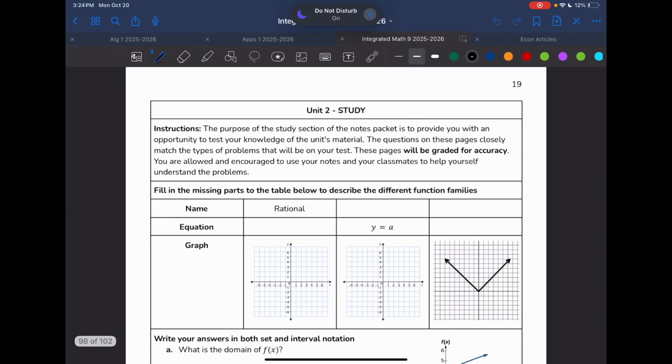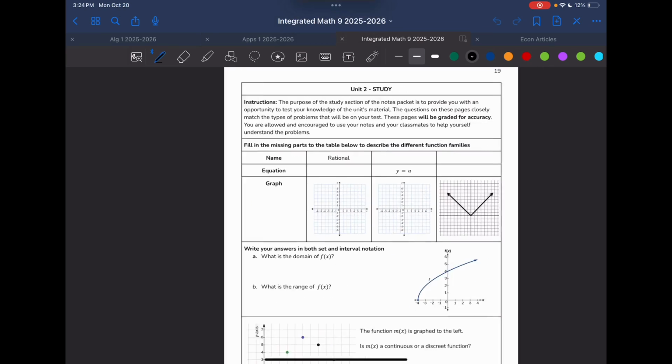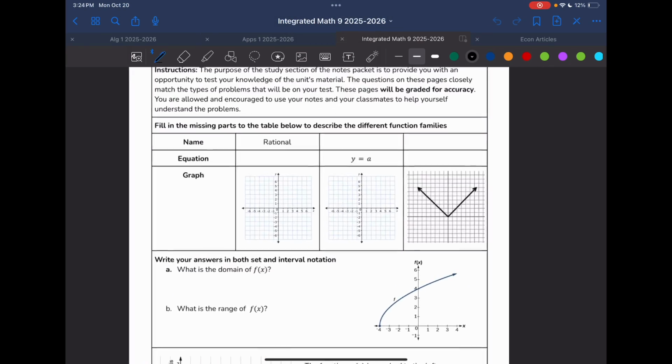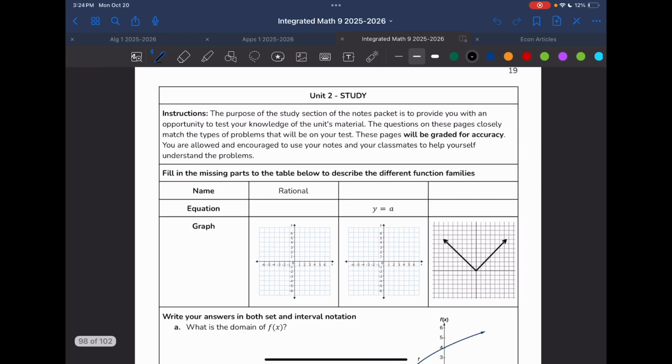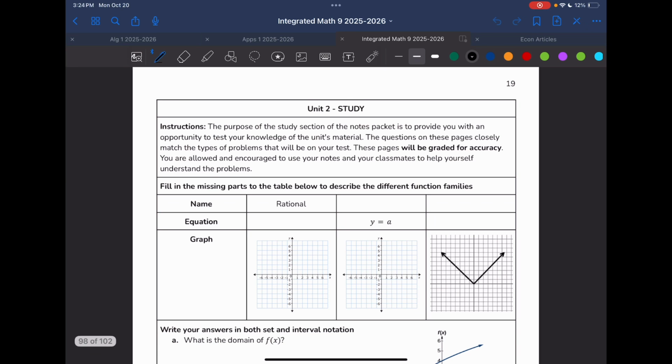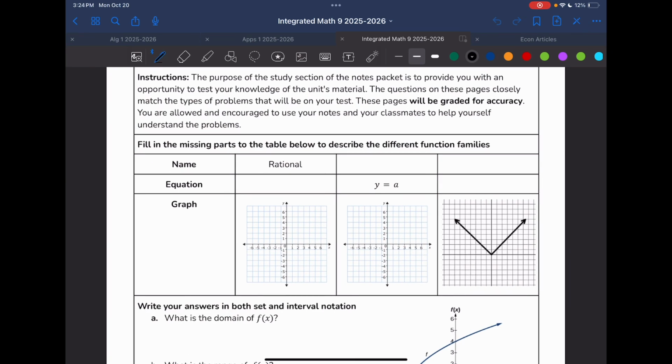All right, so in this video, I'm going through the study for Unit 2. These are the last couple of pages of your notes packets. This is very similar to your test, so this is the best content to be studying if you want to prepare for your test. This first one, we're just identifying the types of functions,